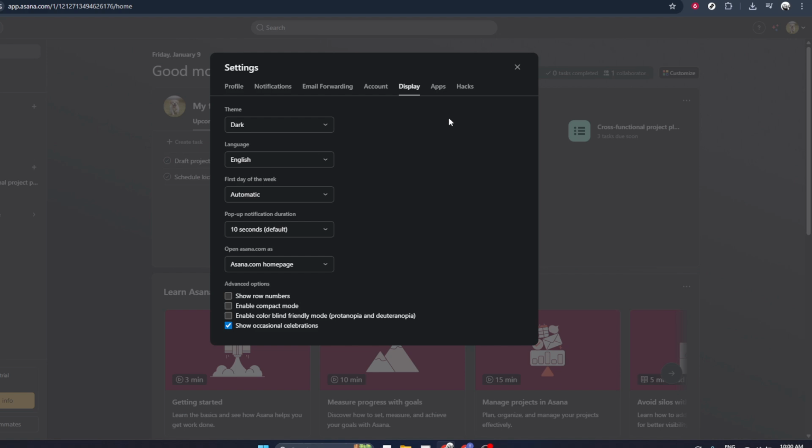That's all it takes to enable dark mode in Asana. This small change can make long working sessions easier on your eyes and can help your tasks